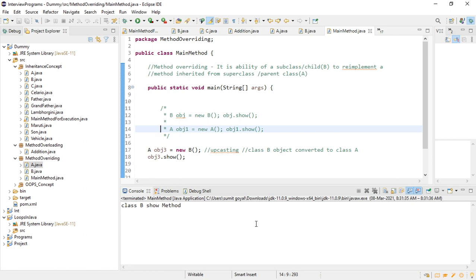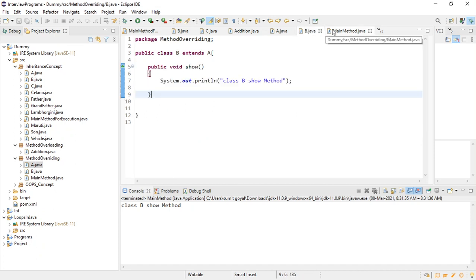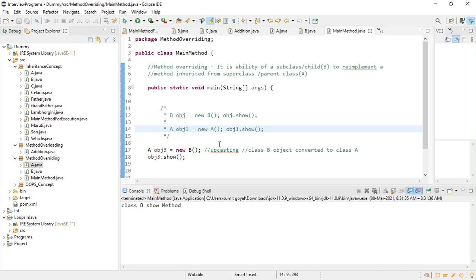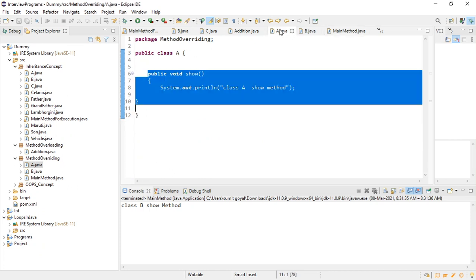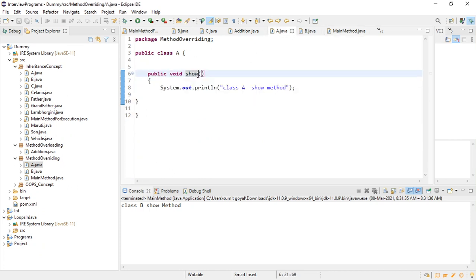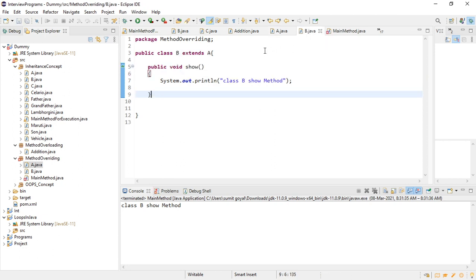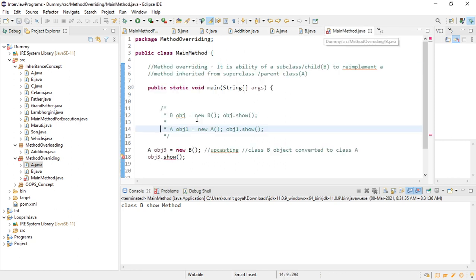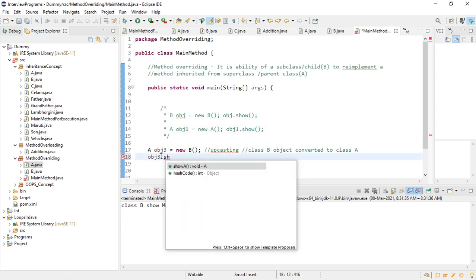So you got a different output this time. Why is it so? See, if you remember, if I just change the method name, you might think that... let me first change the method name. Suppose I take the method name as different, show A, save it, and here show B. The method names are different here, you can clearly see, right? And here if I try to call dot show A,